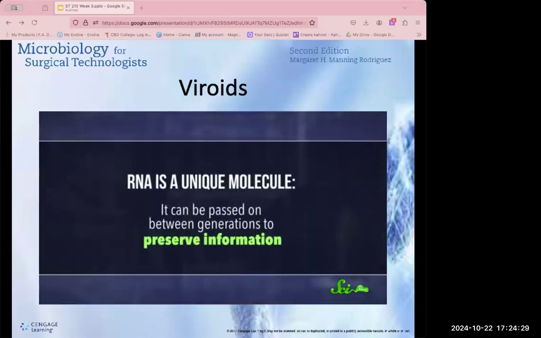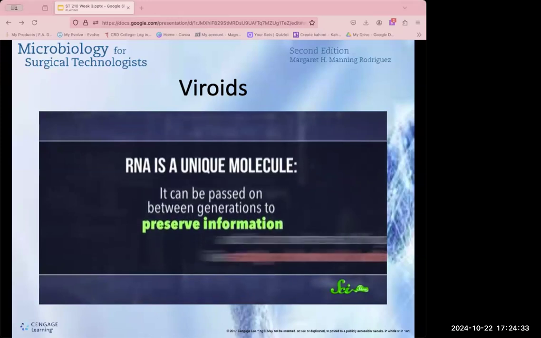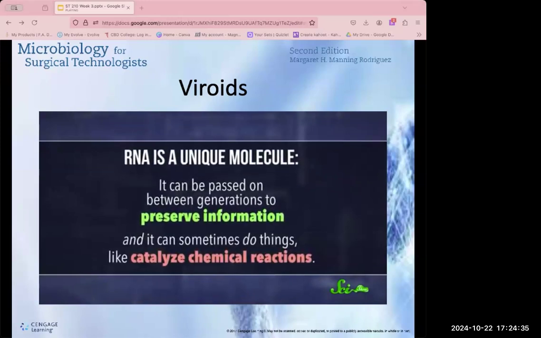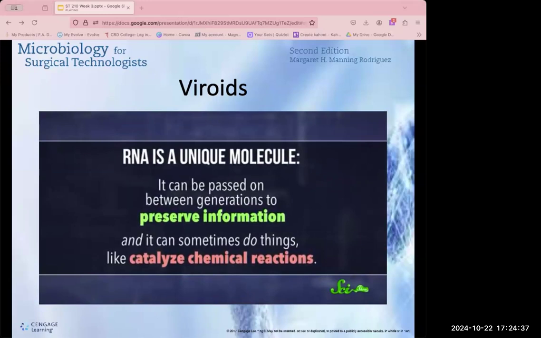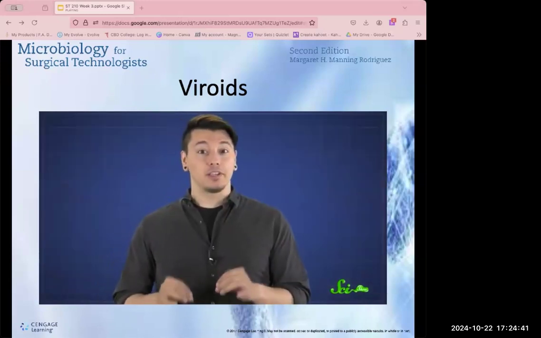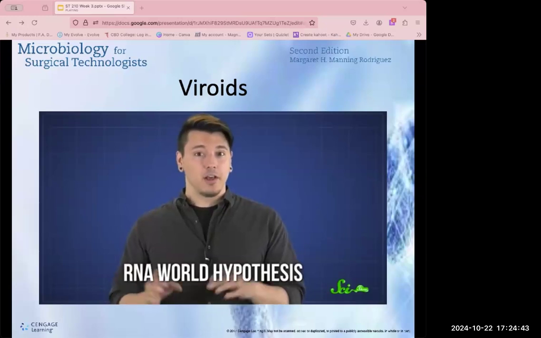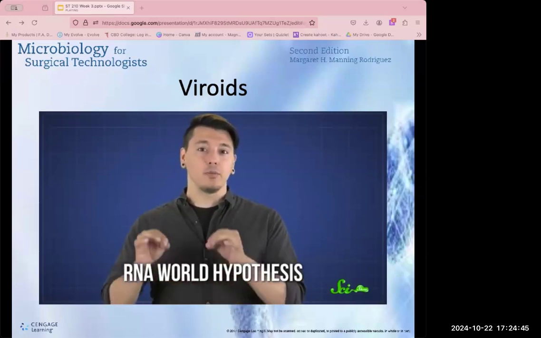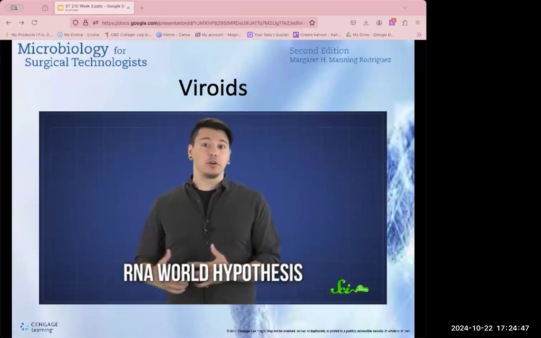today. RNA is a unique molecule. It can be passed on between generations to preserve information, and it can sometimes do things, like catalyze chemical reactions. Those are two things that cells really need. Many biologists support an idea known as the RNA world hypothesis, which suggests that life on Earth began with RNA, and later, evolution drove the creation of the